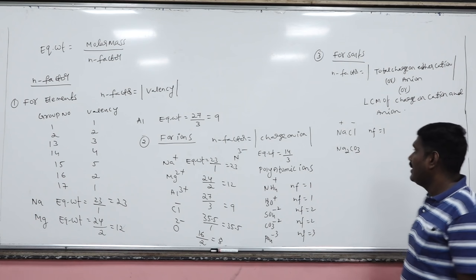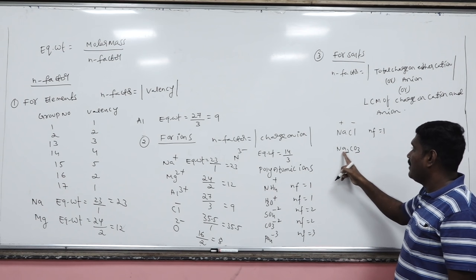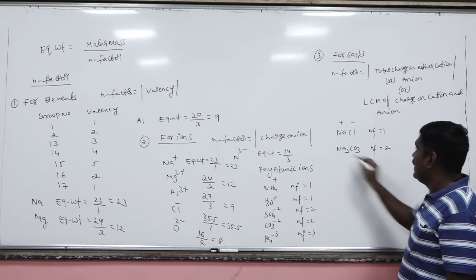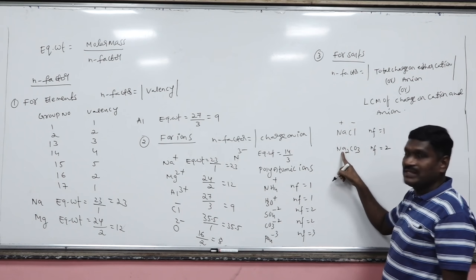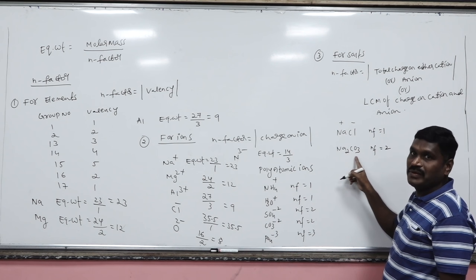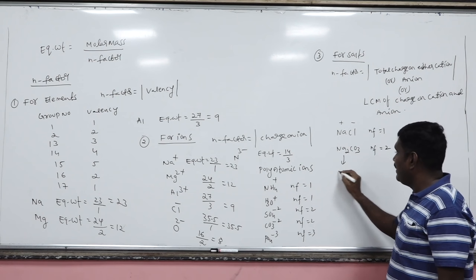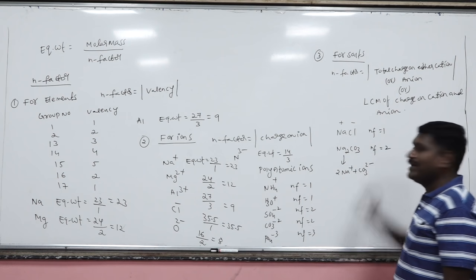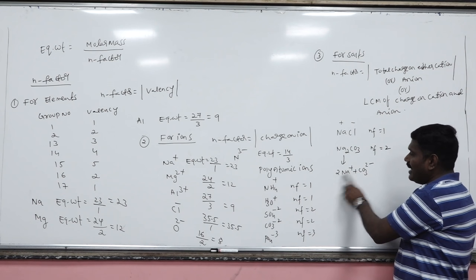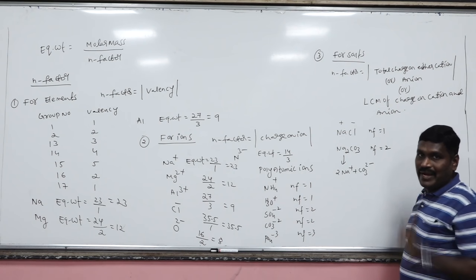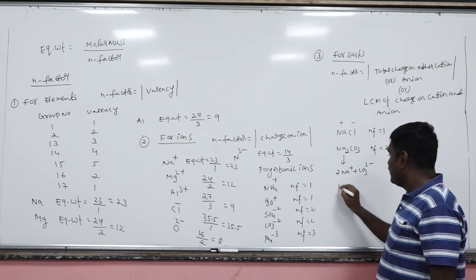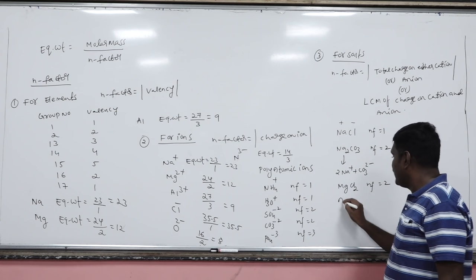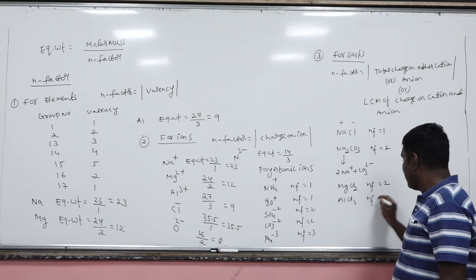Now total charge on the cation is plus 2 or on the anion minus 2. So we have to take only the charge. Let's suppose 2 sodiums are there, each sodium plus 1, 2 sodiums plus 2, this will be minus 2. Are you getting my point? Actually, it will be like this: 2Na+ and CO3 2-. Total charge on cation or total charge on anion, the magnitude value. Okay, now come to MgCl2, its n factor will be equal to 2,